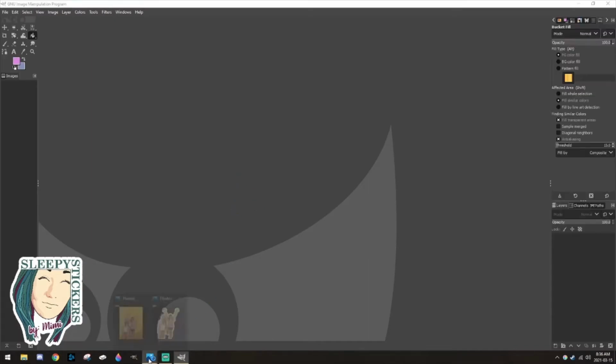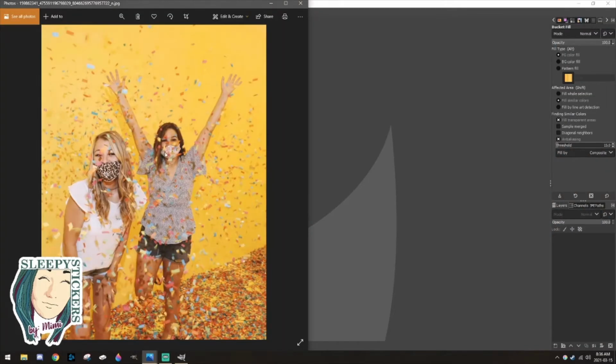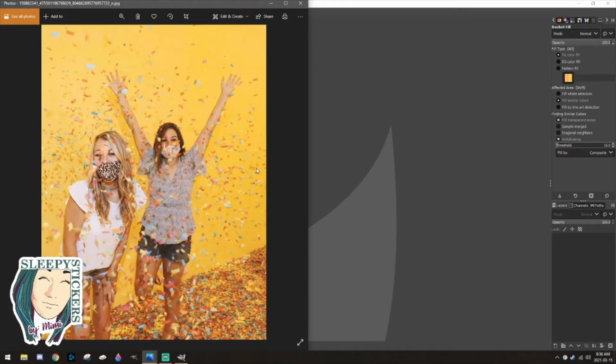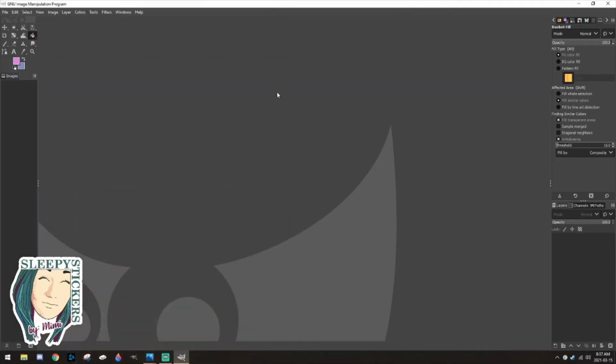So the first thing that we're going to do is we're going to copy this picture. Now the reason that I prefer to copy instead of opening it up is we're going to need to paste it in again, and this just ensures that you're working with the same file size. So I'm just going to do a Control V,